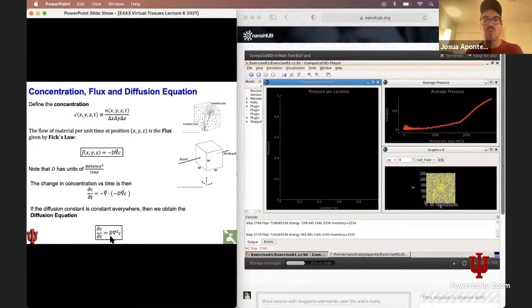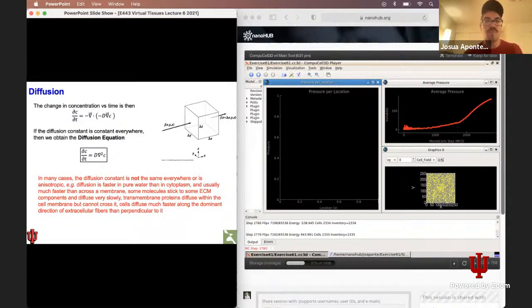That parameter is what we call the diffusion coefficient. And that diffusion coefficient sets the time scale at which diffusion is occurring, right? So diffusion occurs because of the change in concentration, because of the gradient, and at a speed that is proportional to that diffusion coefficient. Notice that the diffusion coefficient,